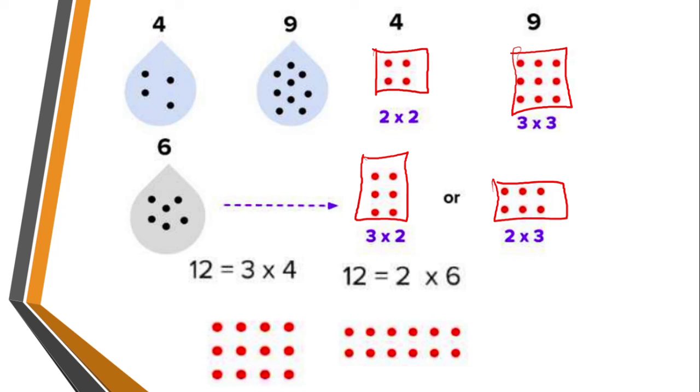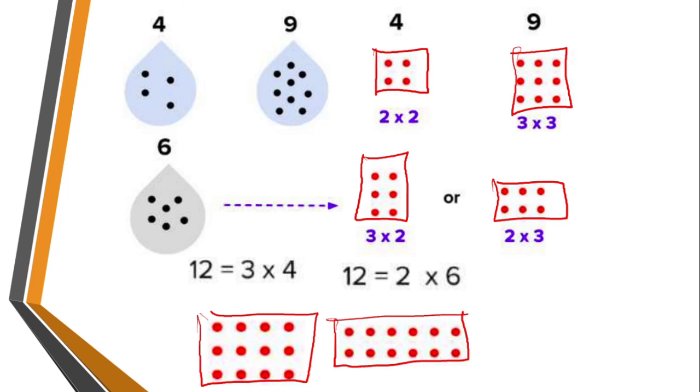Right. Now if we talk about 12, 12 can also be arranged as a rectangle in two forms. You can see 3 into 4 is the first form and 2 into 6 is the second form. In both the forms we are able to arrange it as a rectangle, right? So we can say that 12 can also be arranged as a rectangle. Now we can conclude that all whole numbers can be arranged as a line and only some whole numbers can be arranged as a triangle, rectangle and square.